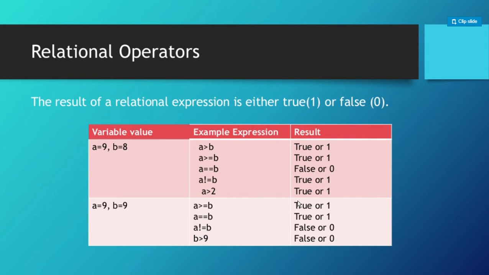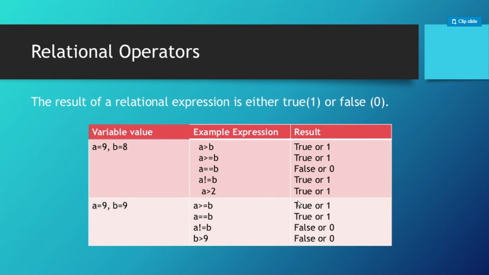So, when we talk about relational operators, in the term relational operators, relational refers to the relationship that the values can have with one another. Or you can say the relational operator determines the relation among different operands. C++ provides six relational operators for comparing numbers and characters, but they don't work with strings.